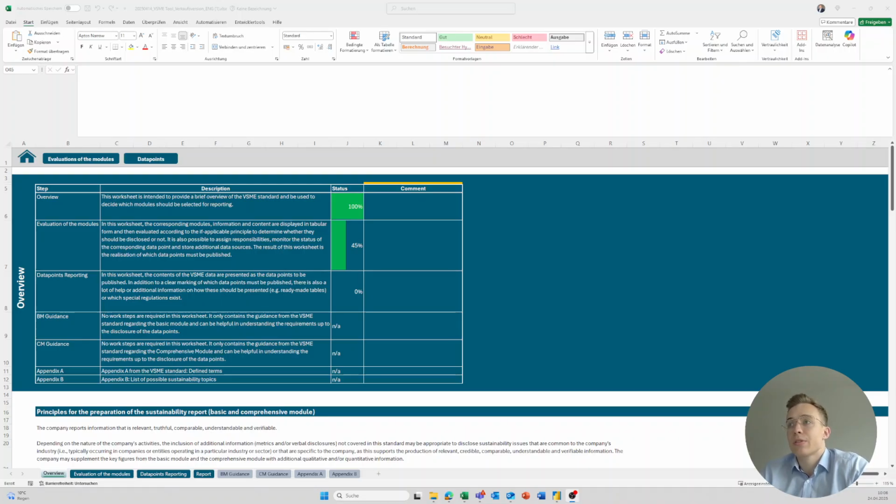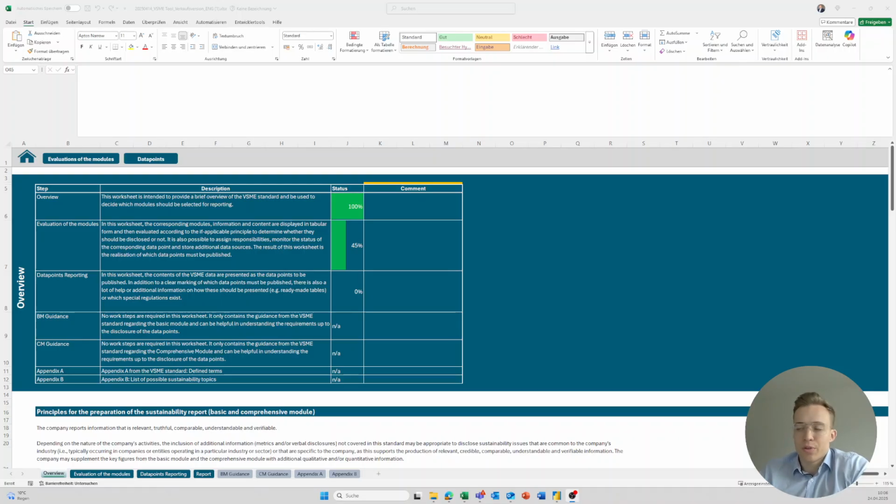VSME Assist. The VSME Assist is an Excel-based tool that we have created in the last couple of weeks. We've put all the information that we can find in this tool. We have tried to make the whole process from the beginning to the end the most efficient for you as a user that may want to work with the VSME. We've tried to put together all the information needed to make every step as easy as possible